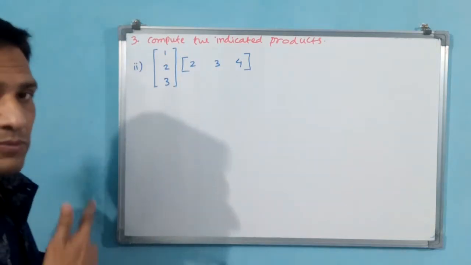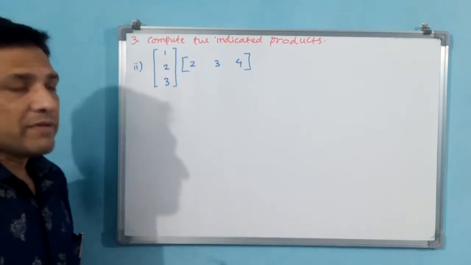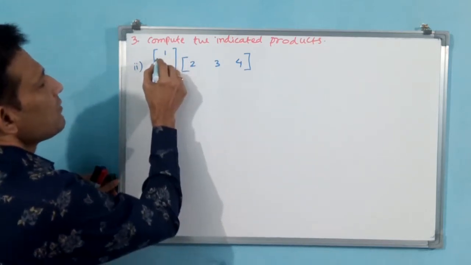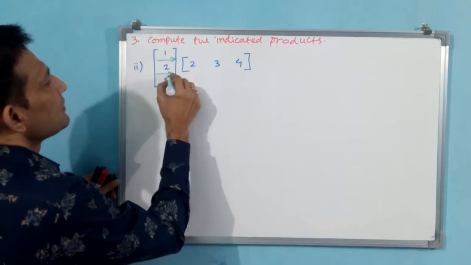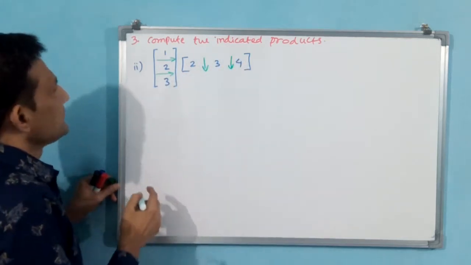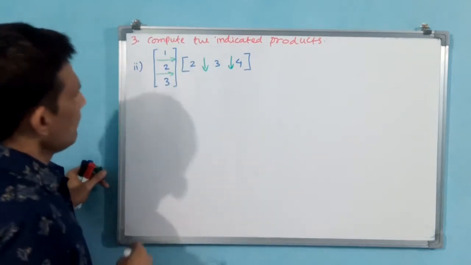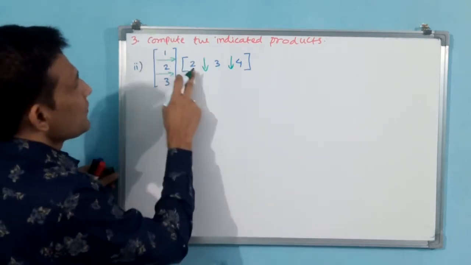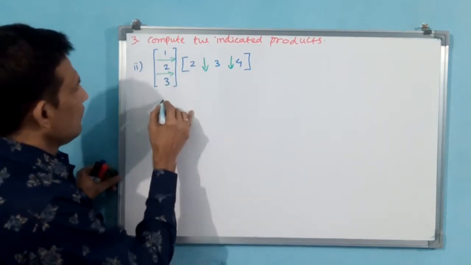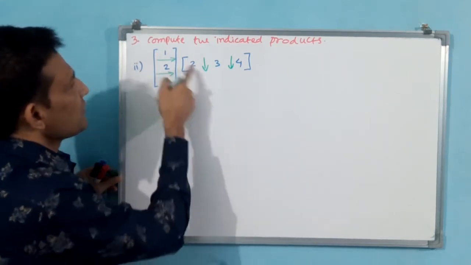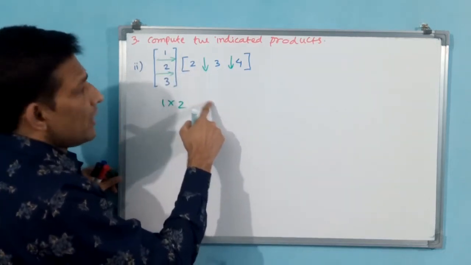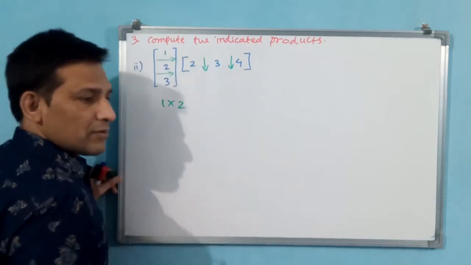Let us do it, but carefully observe how I am doing it, because this is very important. First you put arrows, horizontal and vertical, left to right, top to bottom. Now carefully observe. First row, first column, this one only. 1 into 2 only, that's all. First row, first column. Then again first row, second column. Now you see, 3 rows and 3 columns are there.